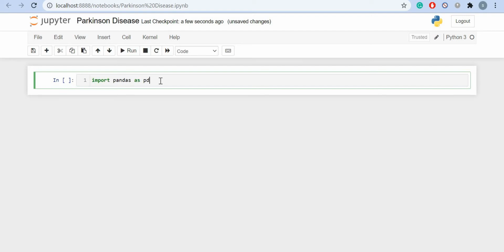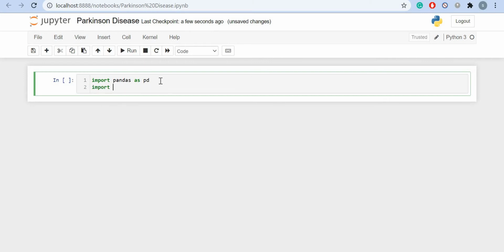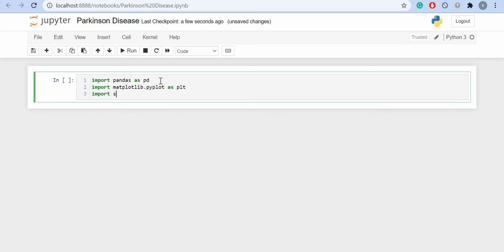Import pandas as pd, and we'll also import a few libraries like matplotlib and seaborn, as we are going to use them in the coming steps. We'll take pyplot as plt, and seaborn as sns.